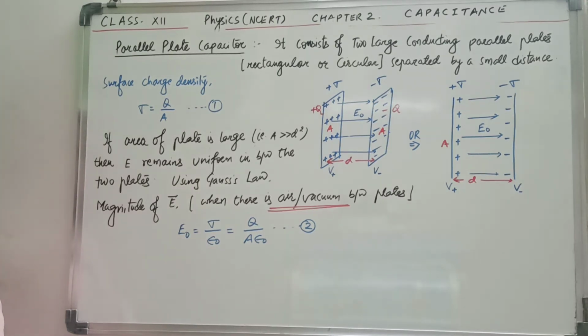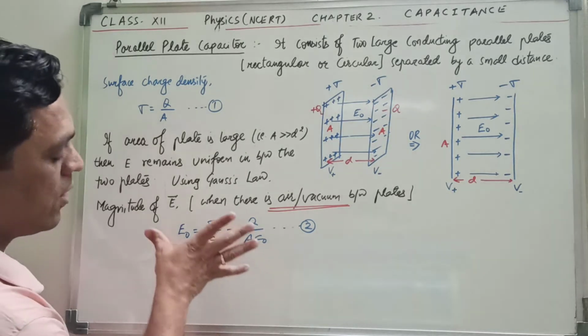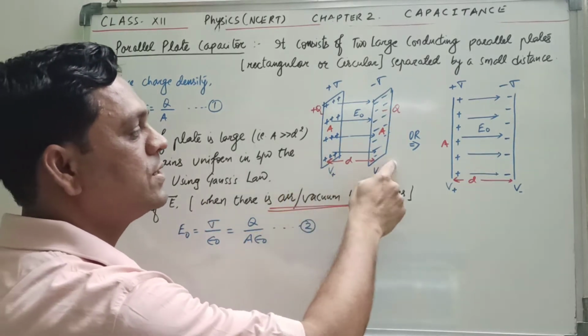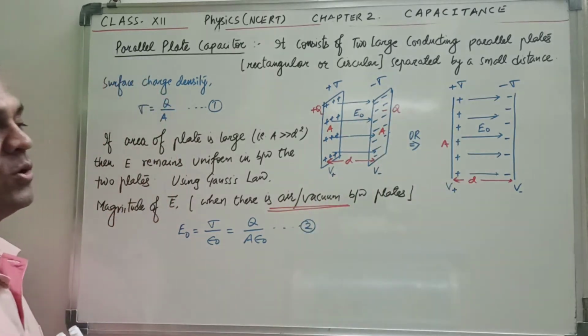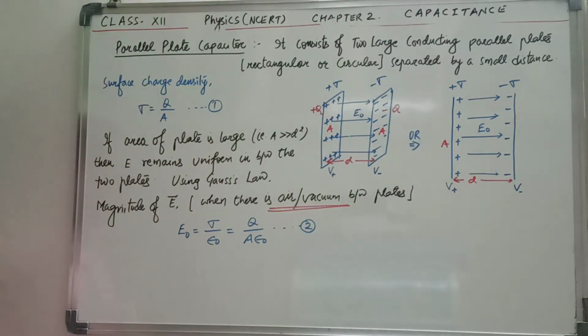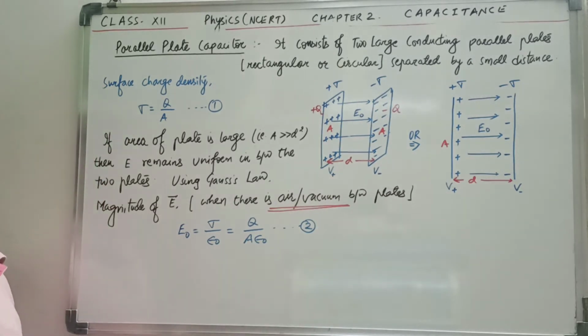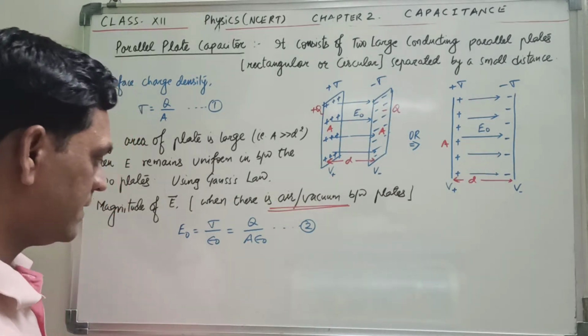Then we need to find the capacitance of the capacitor. What will be its capacitance here? Correct. To find the capacitance, now we know the electric field, so we are in a position to find the potential difference between the two plates. If you find the potential difference between the two plates, that will be the potential of the capacitor. So Q upon V will give us the capacitance of the capacitor.